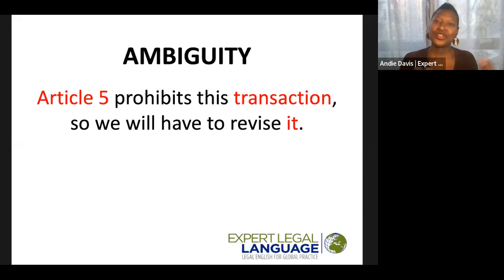So you have a bit of a shortcut in a gendered language that you lose when you translate that sentence into English. In English, you would have to make clear which of these items would need to be revised, whether the article or the transaction. So if you're coming from a gendered language, it's something to keep in mind when you're translating your work into English.